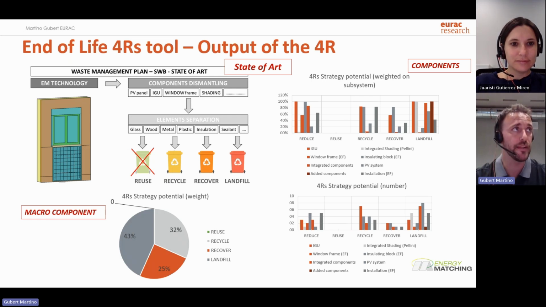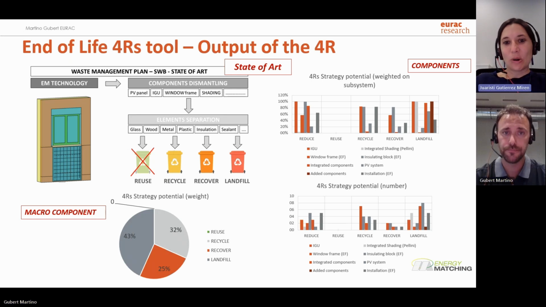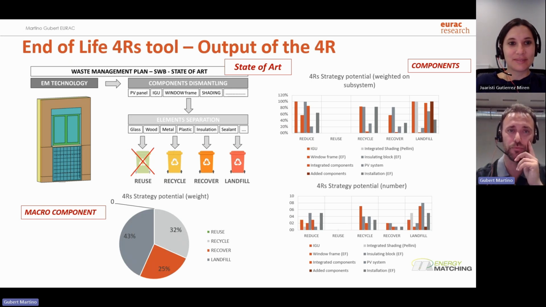So I think that the tool was quite useful, and we will use it to improve the technologies a lot. All these lessons learned can help us, of course, improve the reliability of the tool, especially by giving more information about the level of difficulty that we can have during the selective separation activities for the different elements, right? Yeah, you're right. So it's something that we are working on, and we will do it.